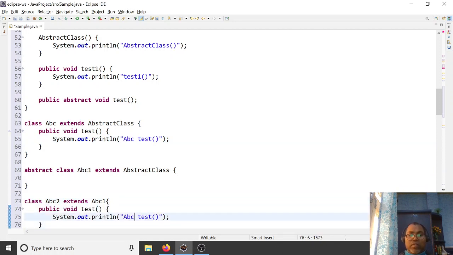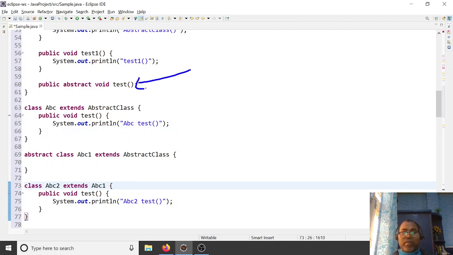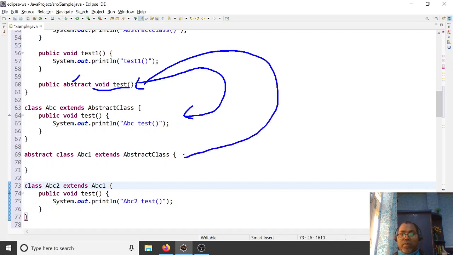So anyhow, here you can define any method. You are not giving the definition here. This is the abstract method, and a different implementation is given by your subclass. If a subclass is not giving the definition, then that class must be abstract. And what is the subclass of ABC1? ABC2. ABC2 can give the definition. So for this ABC1 class, you cannot create the object because this is an abstract class.